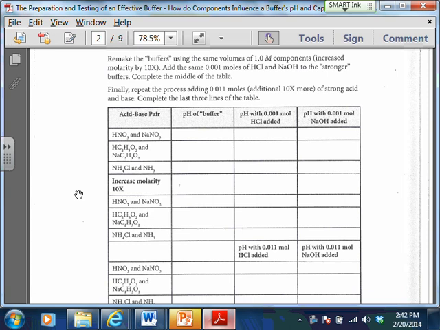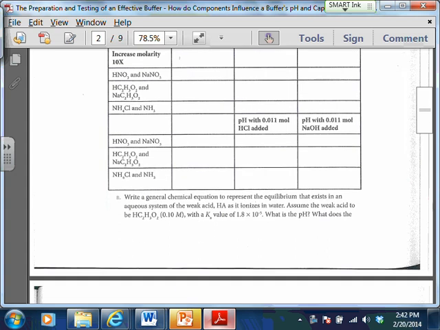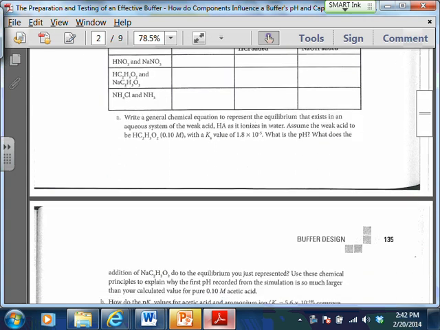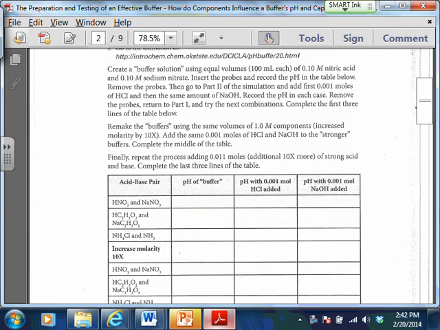Okay, and then finally repeat the process, and now you're adding a higher amount of strong acid and strong base, and completing the last 3 lines. And so then you're just basically going to see what happens there. Okay, so then you'll get down to 3A